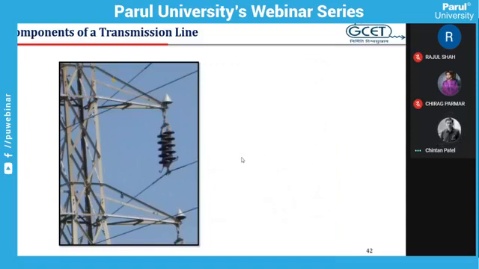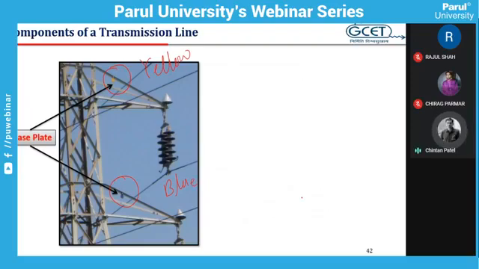The next is the phase identification plates. They are called the phase plate. So you can observe here, this is the yellow color plate and this is the blue color plate. I am not sure whether it is visible or not to you because it is a very small component, but this type of phase identification plates are used so that we can understand which one is the R phase, Y phase and B phase. In this diagram you can see here there is a bird guard. So bird guard and phase plates are used.